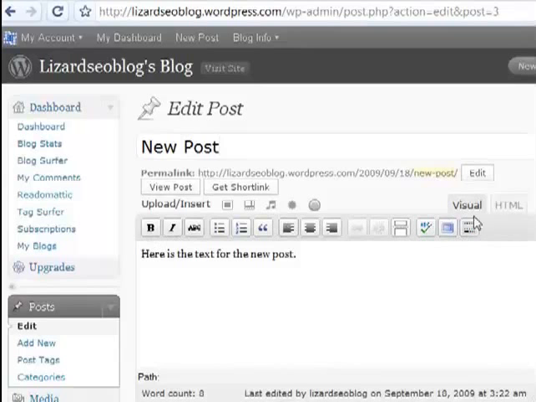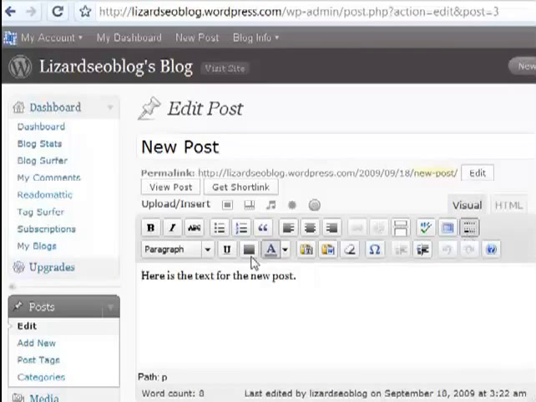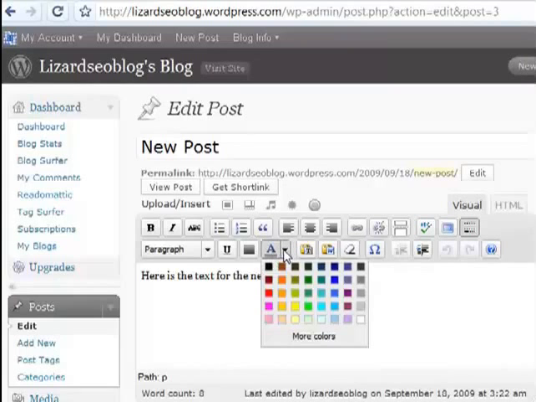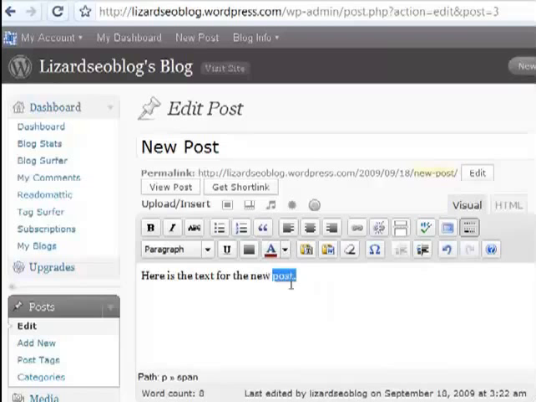On the right hand bar, here's an important button. It's called the kitchen sink. So we're going to click that, and that opens up new features right below that. So say we need to change this post to a different color. We first, as in most editing programs with HTML, website editing, you first highlight the words. For instance, if we want to select the text color, we can use the drop down menu here, choose a new text color, and that has been